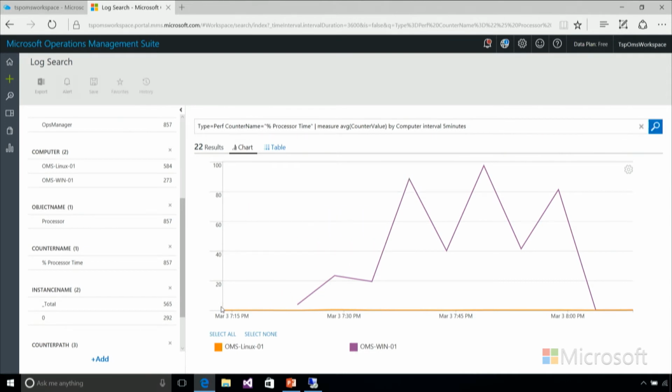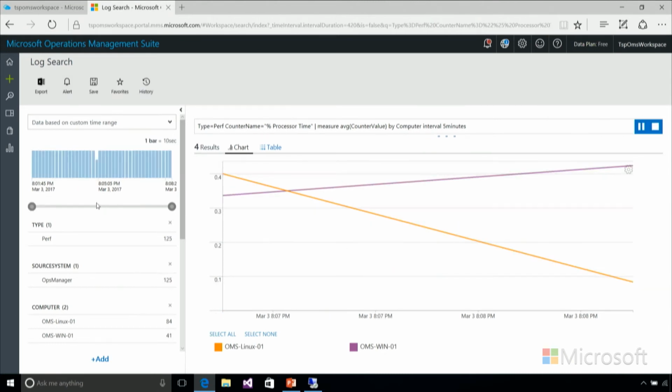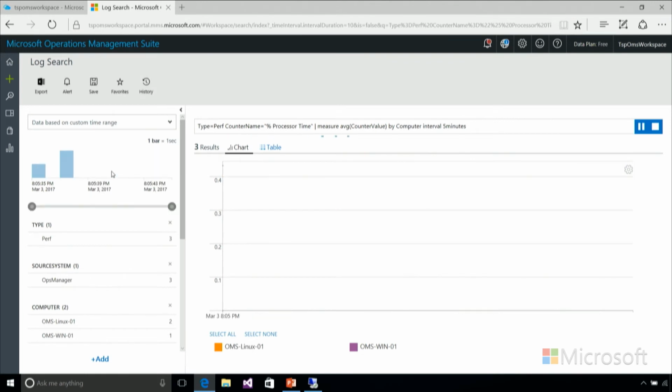We can see here that, for example, the Linux machine has been doing nothing all the time, and the Windows machine had some spikes over time. So perhaps you want to filter down to see less data, and we can see here that over some periods the Linux machine had a little CPU, but not that much, and then the Windows machine got it up. So we can change the time just by filtering either the bars,